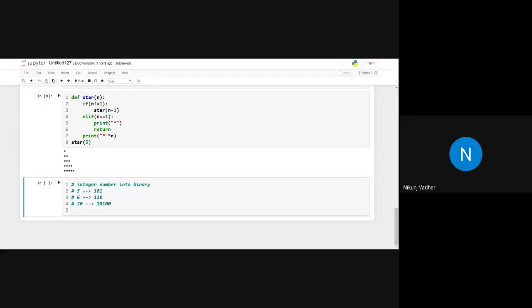I want to implement this solution, or how can we implement this solution using recursion?